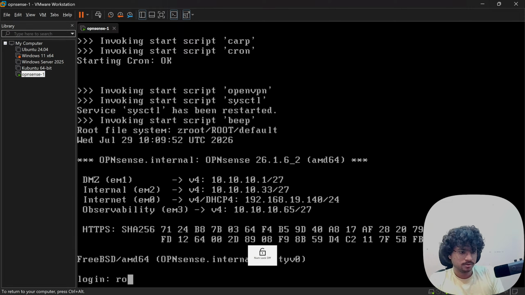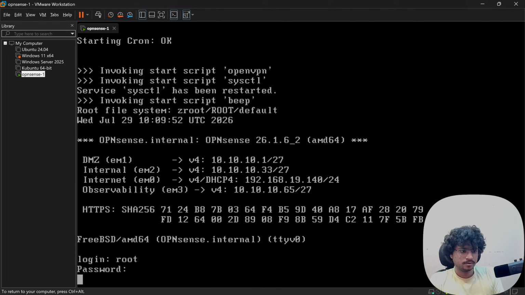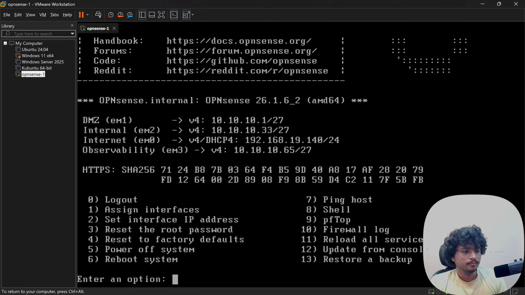So I have made certain networks, subnets. The first subnet is of course the internet. This will enable us to ping any external network, let's say a Google server.